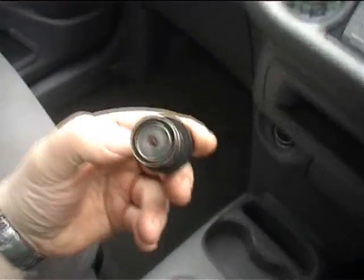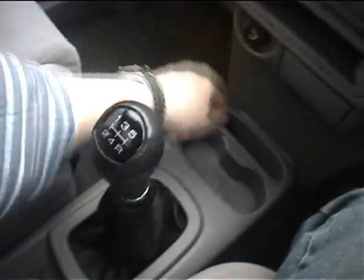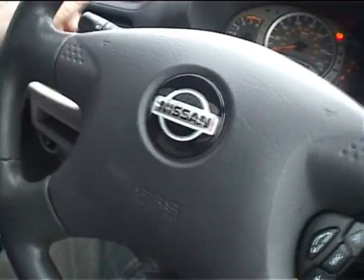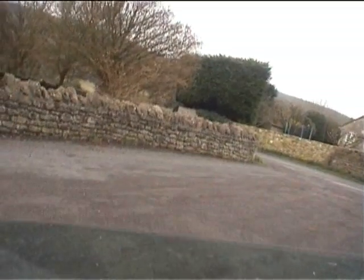Power steering, a little bit of wear to the top edge of the steering wheel, but not too bad. The rest of the wheel is in really nice condition. Cigarette lighter has never been used, perfect. Cup holders, gear knob, gear gaiter, perfect. Handbrake, holding fine, perfect. Cubby storage spaces, again pockets, etc. All very good indeed. Lights on warning buzzer, electric windows which are tinted, auto on the driver's side,